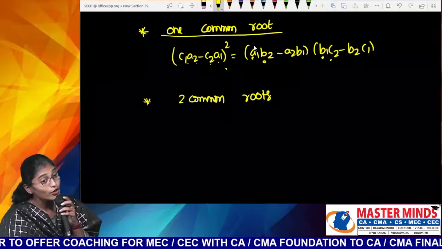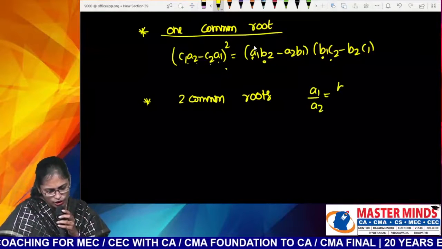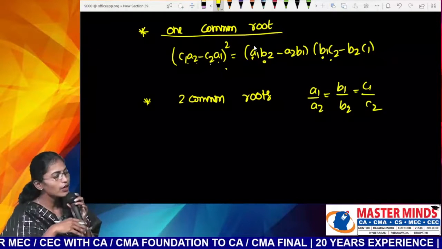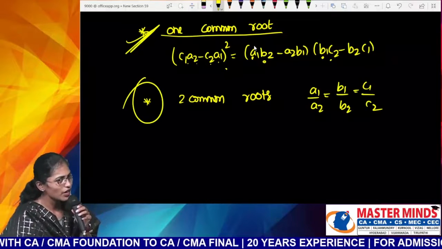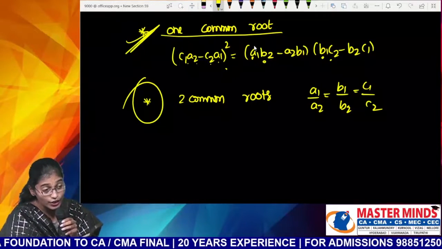Now how many common roots? Two common roots means both the equations are the same. So you should write A1 by A2 equals B1 by B2 equals C1 by C2. This is not that much important, but this formula is very important. Can you please read out this formula for me one more time? C1 A2